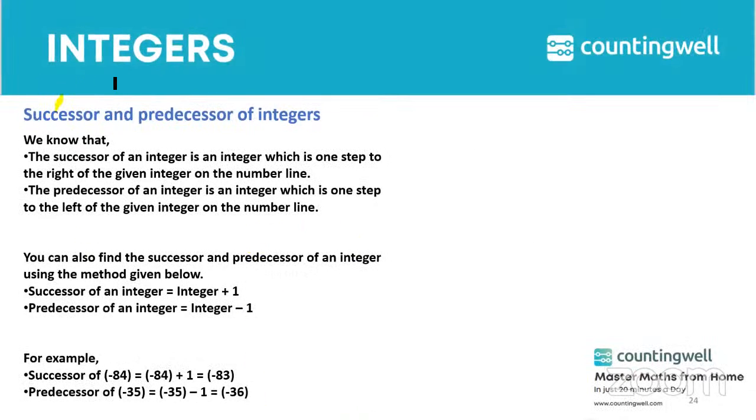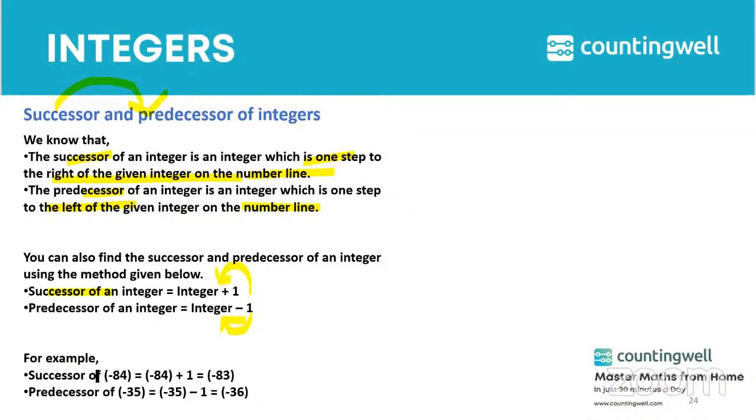Now, we should not get confused between the successor and predecessor of integers. Remember that successor is one step to the right of the given integer when we are using the number line, whereas predecessor is one step left to the given integer on the number line. Also, you can find successor by adding 1 to the given integer and predecessor by subtracting 1 from the given